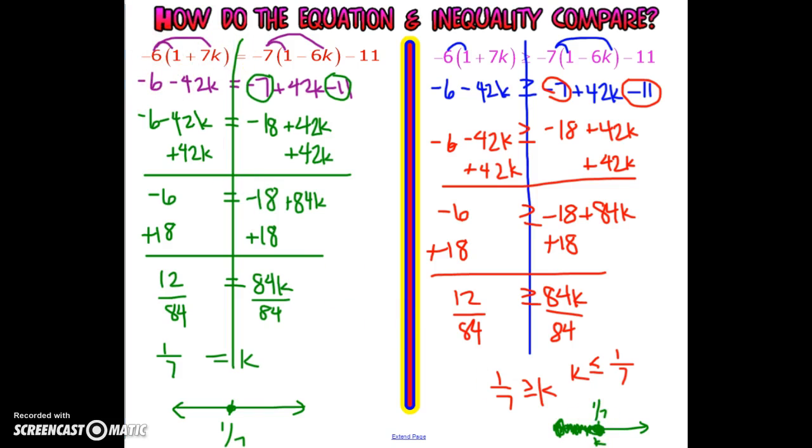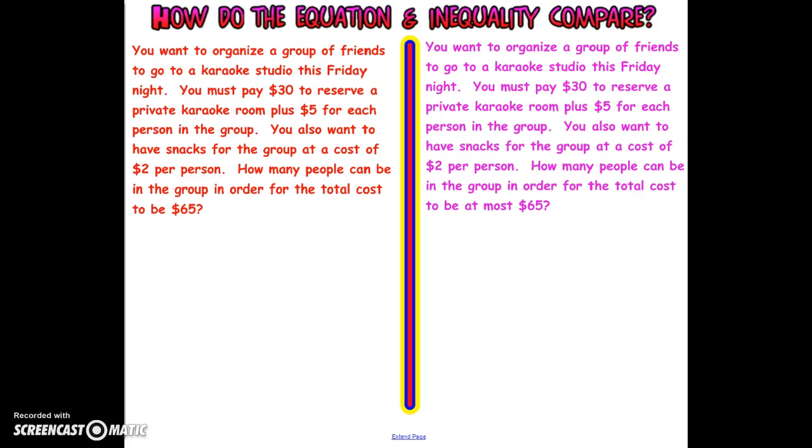Next we have a word problem. Let's look at the inequality side. You want to organize a group of friends to go to karaoke studio this Friday. You must pay $30 to reserve a room, plus $5 for each person in the group. You also want to have snacks for the group at a cost of $2 per person. So to figure out all those costs, we have $30 for the room, plus $5 per person,